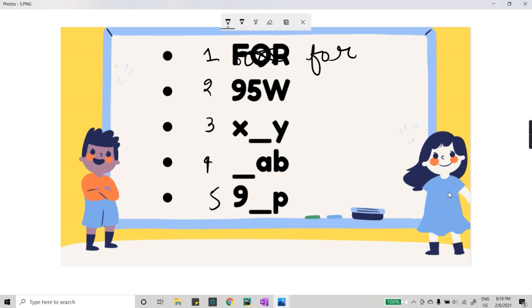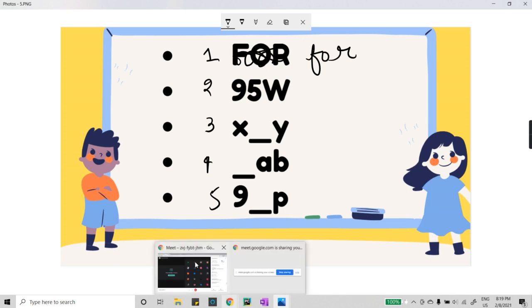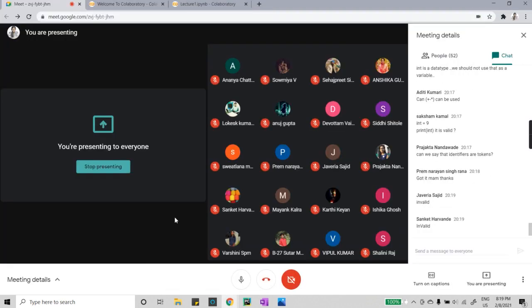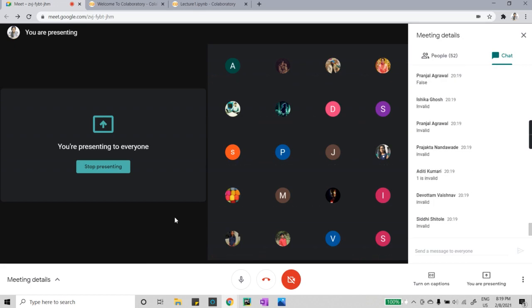Okay, fine. So quickly see the first question and give me the answer, valid identifier or invalid identifier. Invalid. Okay. Javeria. Okay, Sanket, False. Invalid. One is invalid. Okay, quickly, let me know the reasons. Why is this invalid? It's a keyword.